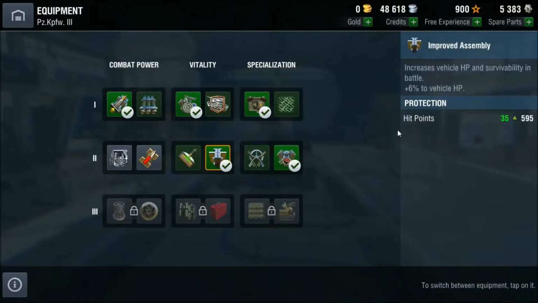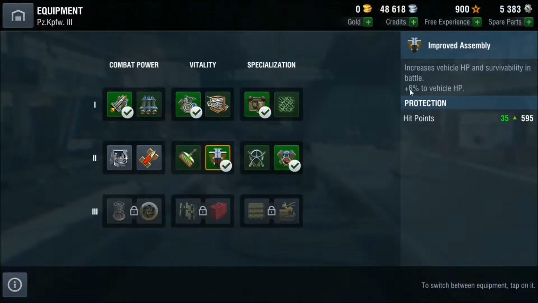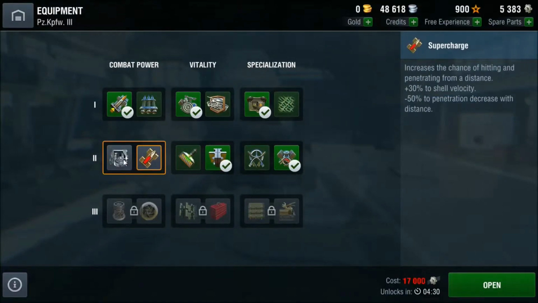And then I've gone for improved assembly because I don't think the enhanced armor upgrade is worth it, because you've got quite a low amount to begin with, and then a percentile upgrade on a low number as a base is not the best. So I'd rather have just the extra hit points so you can take more damage in a game. Then for combat power, out of these two, I'd probably go for...